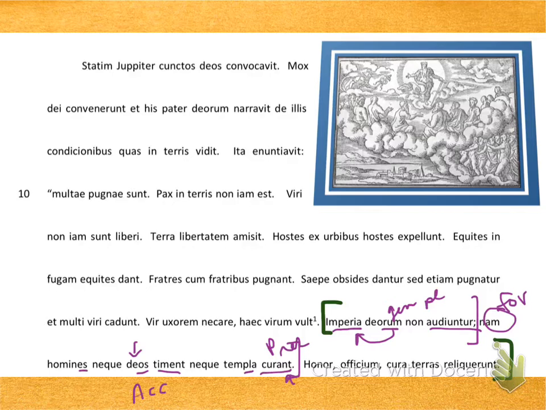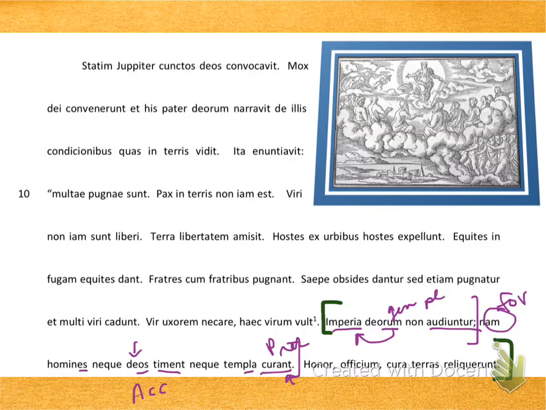At this point, the easiest thing to do is to decide which makes better sense. Do homines take care of, or do temples take care of? If it's not being the subject, then it's being the direct object. So if homines are taking care of something, it's going to be the deos and the templa that they take care of. If the templa are taking care of something, it's the deos and the homines that they are taking care of. So I think you'll probably make the correct choice about which word, homines or templa, is the subject.